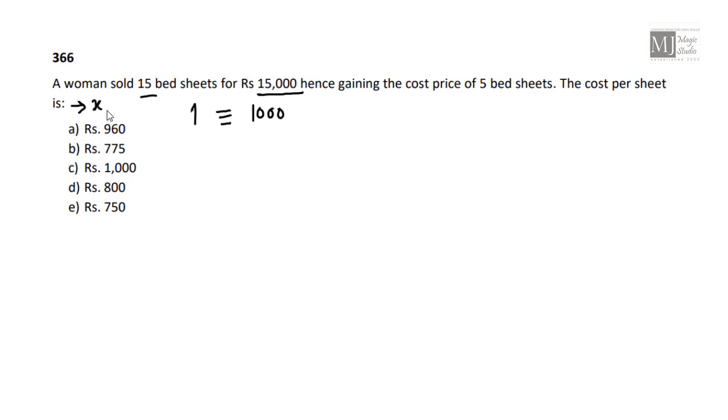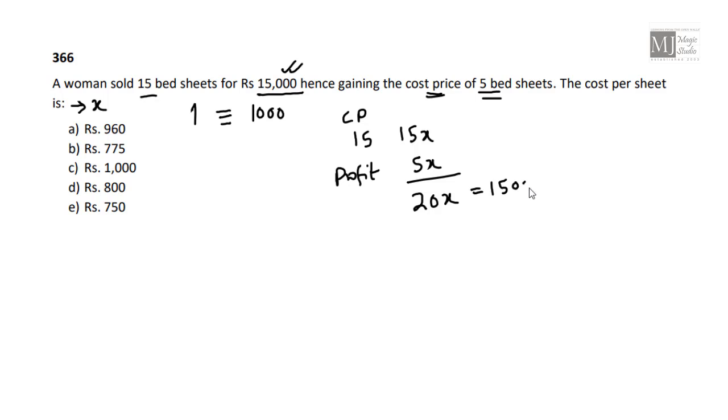Let the cost per sheet be X. That means CP of 15 is 15x, and the profit by selling these 15 units is 5 bed sheets' cost price. So my profit is 5x. Total selling price should be 20x, and that is given as 15,000. Therefore x is 15,000 by 20,